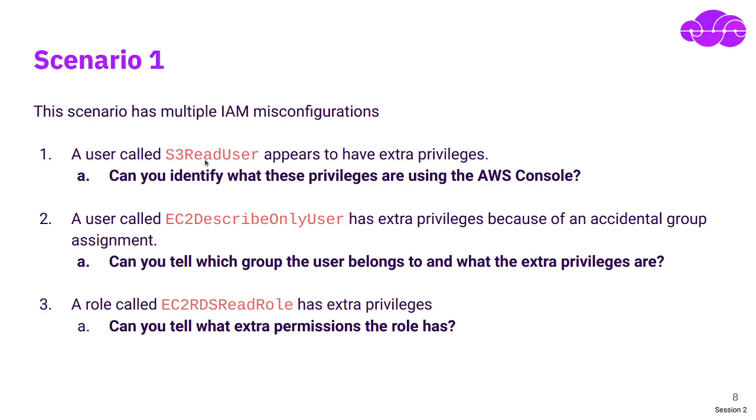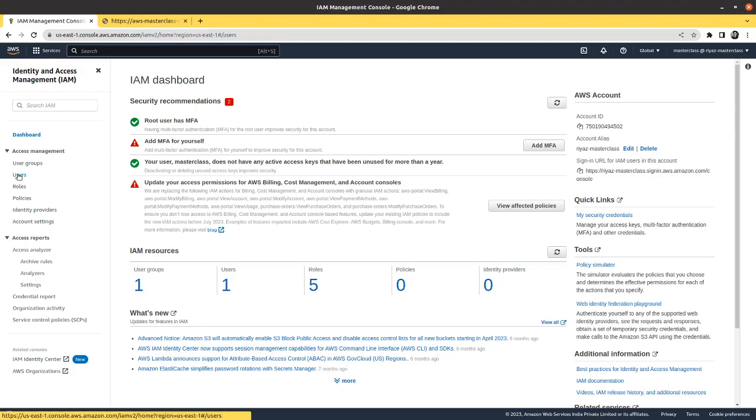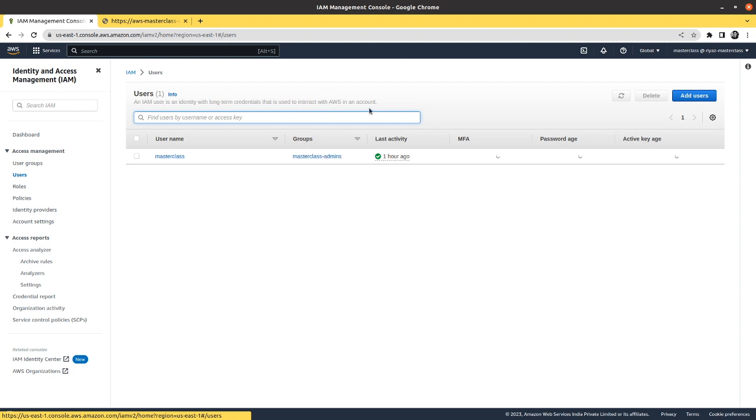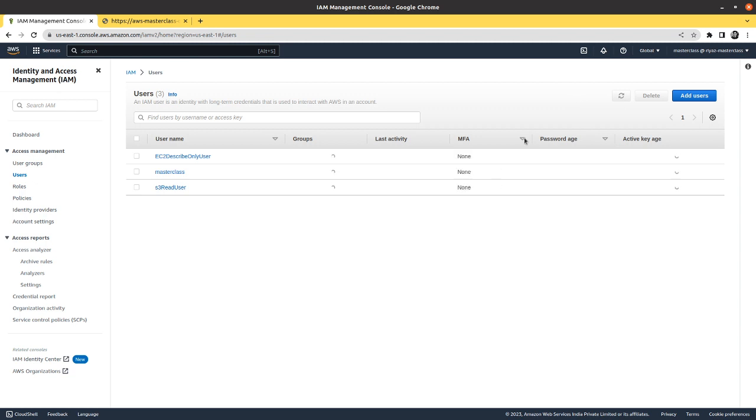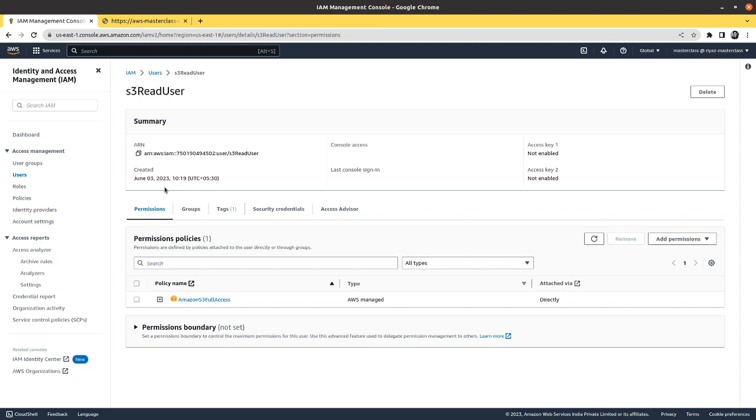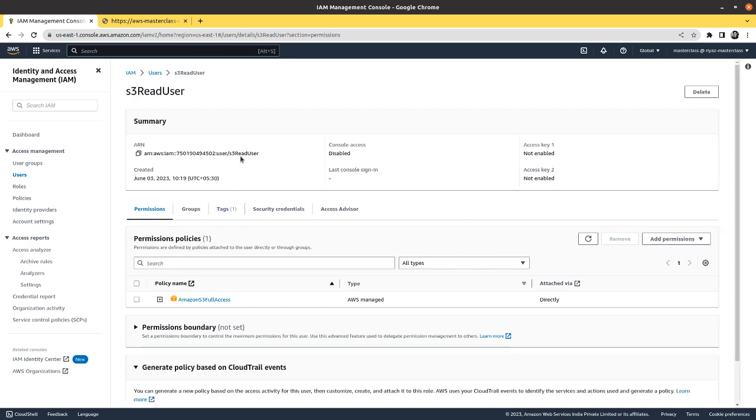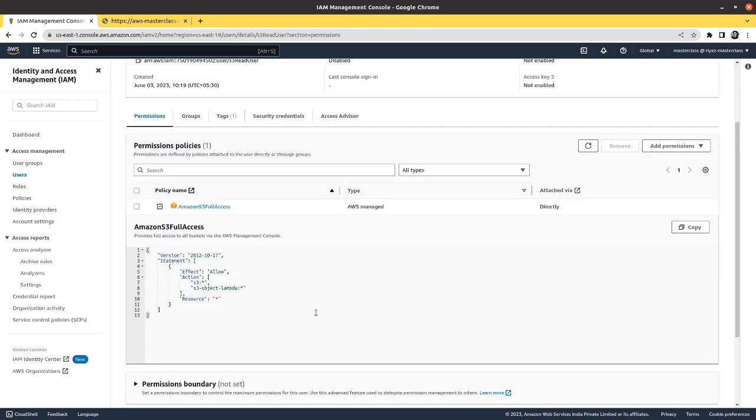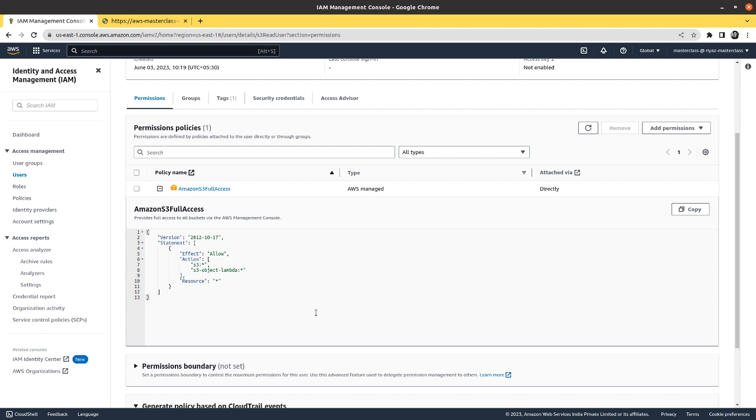So for a user, what we do is we go to users. If it's not come up here, you reload. You have S3 read user here. You click on that user and you look at permissions. Okay. From the name, S3 read user sounds like a user that is supposed to have only read access to S3. Okay. But when you expand the permission policy that is attached to this user, you see that the effect